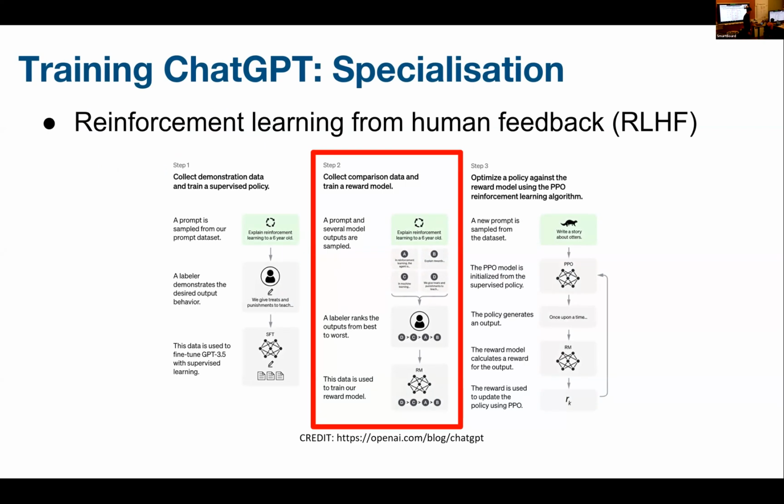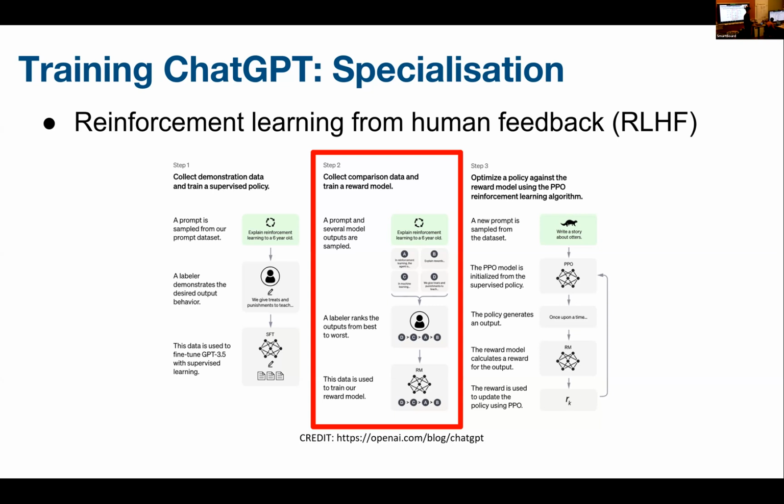Okay, and this is a bit expensive because, as you can see, if we go back to the diagram, in this part particularly, there's a lot of human feedback and human input here. Even in the first step, a labeler is going to demonstrate what it should say, and then a labeler ranks all of the outputs from best to worst. So like Himalayas could be ranked number 1, or Mount Everest could be ranked number 1, and then K2 ranked number 2, obviously, as an order, and then like Kilimanjaro could be number like 15 or something, right? So it's relatively expensive, and it takes a lot of human labeling,